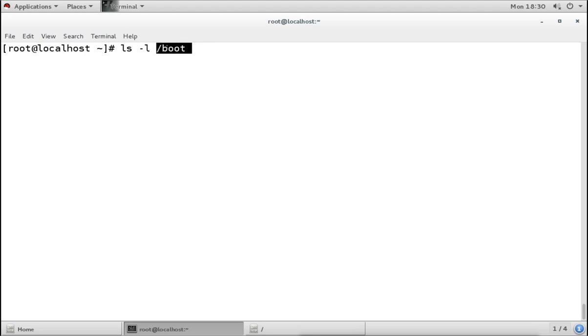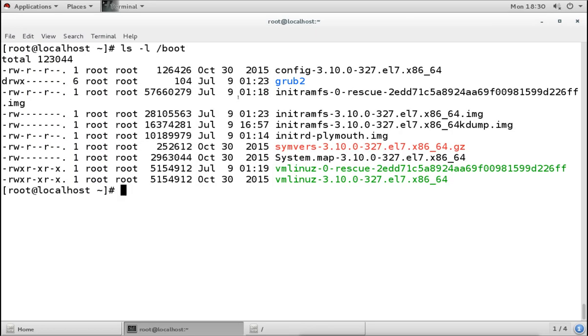Now we have to maintain the spaces properly. If we don't, we will get an error. After a command, we give a space, then we mention the options, then we give a space, and then we give the value. If you give spaces in the wrong places, for example, if I write ls hyphen space L and then the name of the directory,